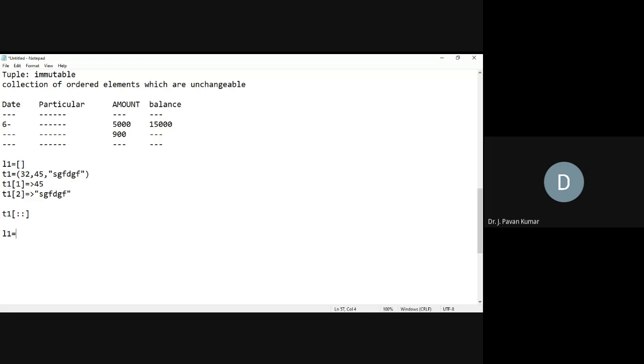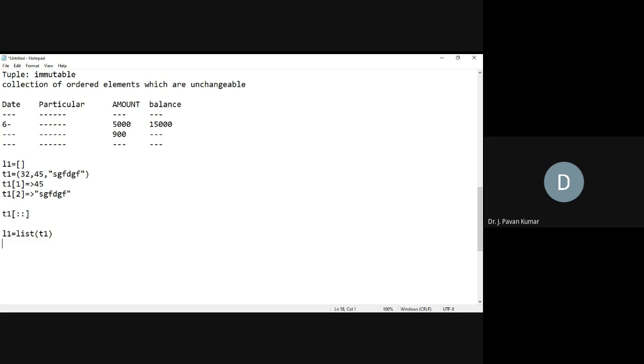Then I can use a function called list of T1. T1 is a tuple, and we are calling list of T1, then T1 will be converted to a list and assigned to L1. Now what will be the value of T1? T1 will remain as 32, 45, SG, FD, GF like that only. But L1 will be created and considered a list.